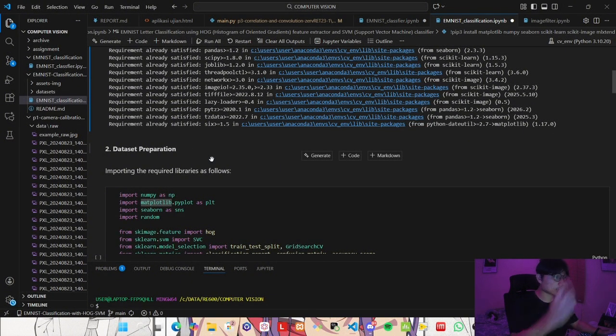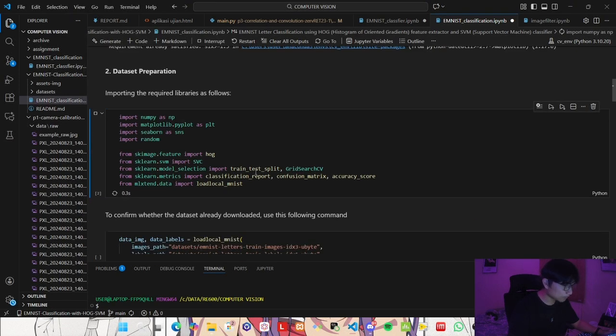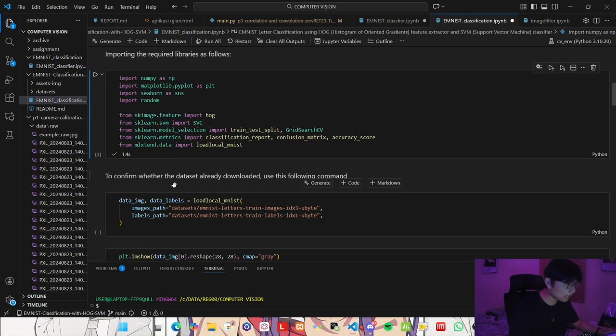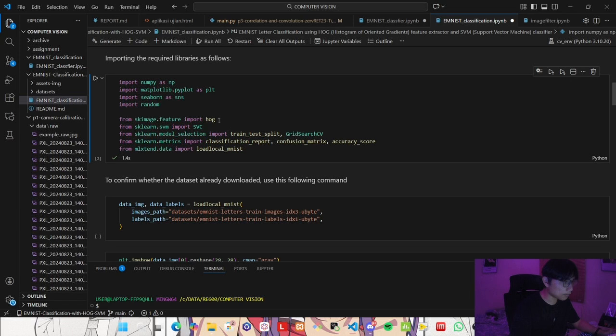So what does dataset preparation mean? We need to prepare the dataset so that we can pre-process our data. The first thing we need to do in this step is import the required libraries. So it will take a while. Okay, 1.4 seconds. And all of the libraries are imported, which are required for the project, such as